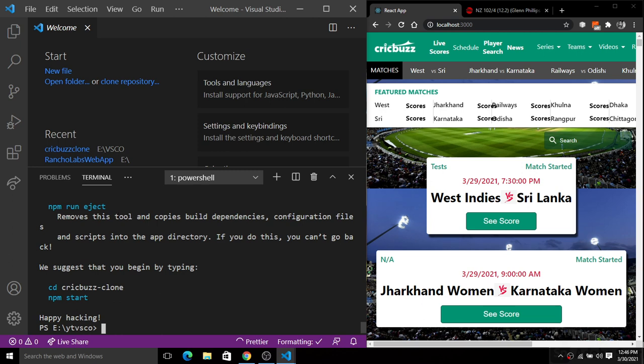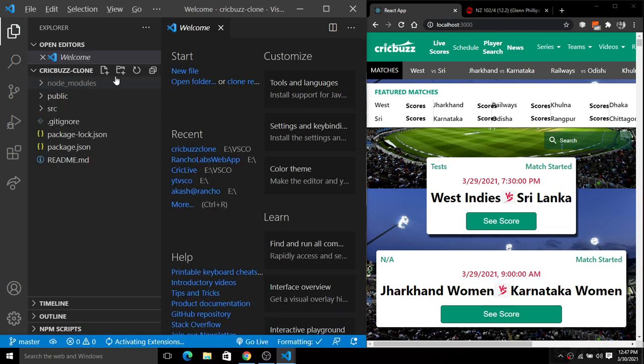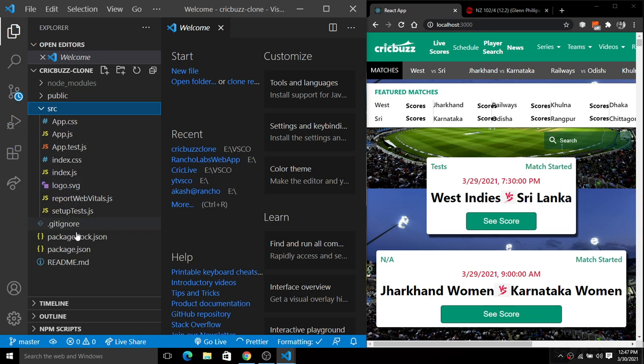Next we have to open that folder inside Visual Studio Code, and then we are good to go from here. Now we are back in that particular directory. We have a source directory, and inside of it we have a test file. So everything is fine.